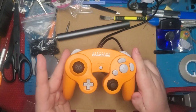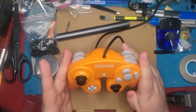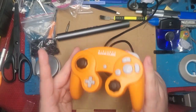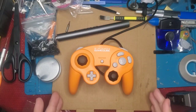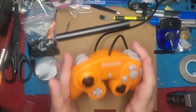And this is just a physical mod. You're not going to do anything to the PCB board or have to tune a fob or anything like it. This is just a quality of life upgrade that fixes a problem that's baked into GameCube controllers. So to describe the problem at hand, okay, in Smash Ultimate, which this mod is for, it is not for Melee,